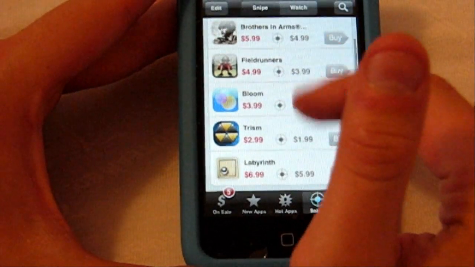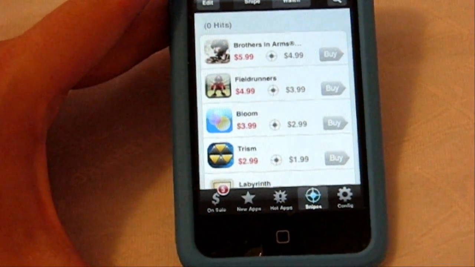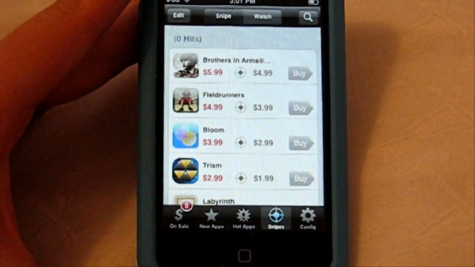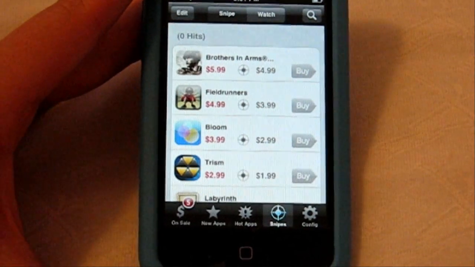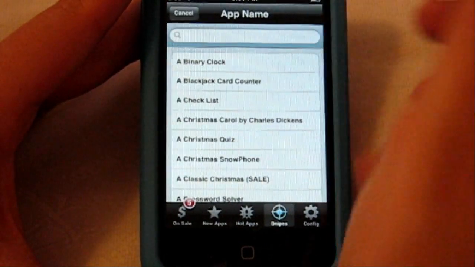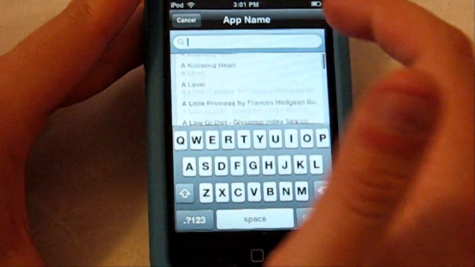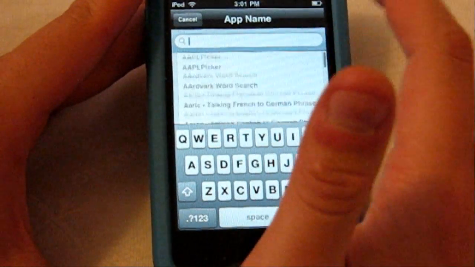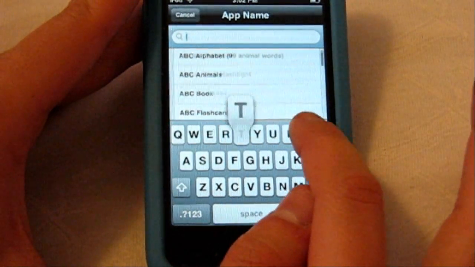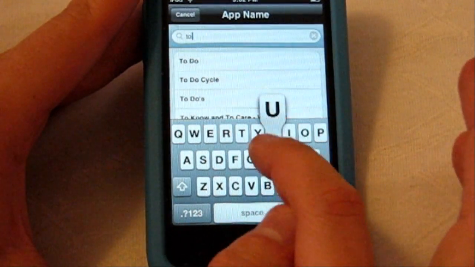These are the apps that I am personally sniping. And if you don't know what sniping is, basically you can find any app in the App Store. We'll go into this little search finder, magnifying glass, and this is every single app released to date in the App Store. So for example, if we want to find Touch Grind,